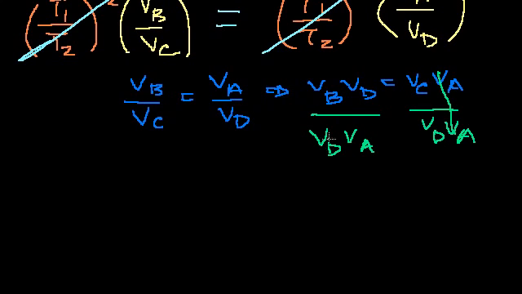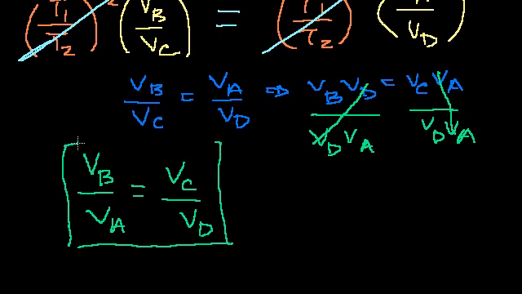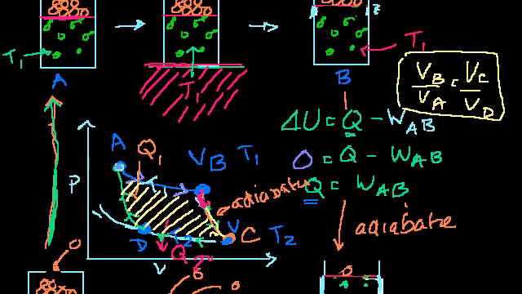These cancel out, and these cancel out. And we are left with VB over VA is equal to VC over VD. All that work for a nice and simple result, but that's better than doing a lot of work for a hairy and monstrous result. So that's what we set out to prove, that VB over VA is equal to VC